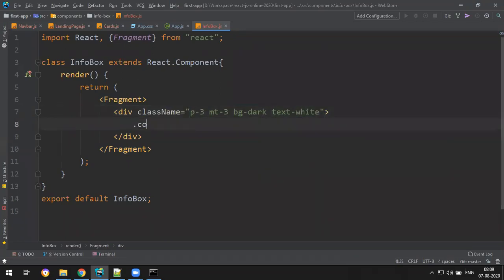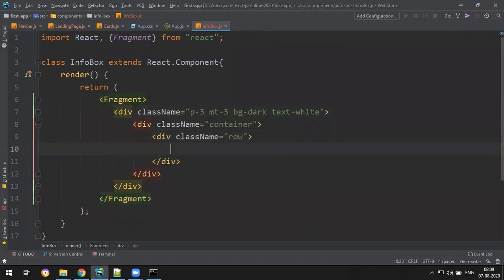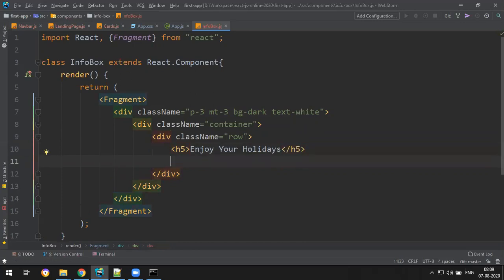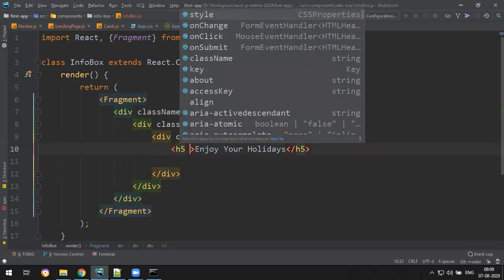Okay, in that one container, one row, and I want to write some h5. So enjoy your holidays. And in the COVID-19 situation, you can't enjoy the holidays, but only websites. Okay.